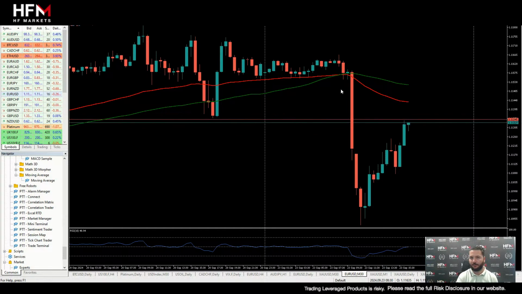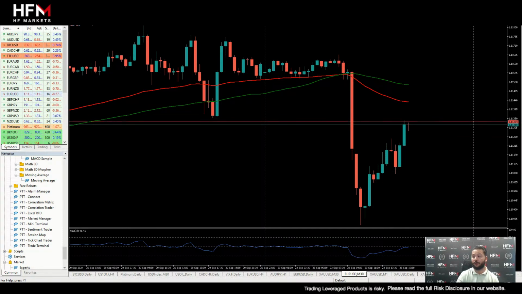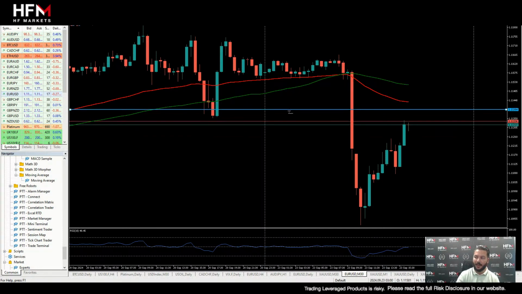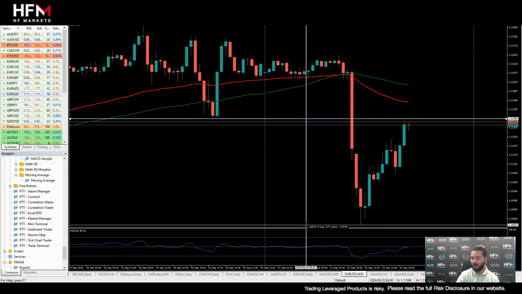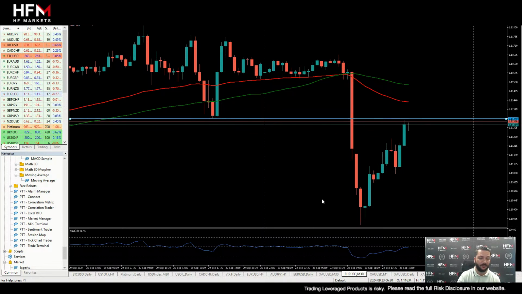It was more than enough price movement for short-term traders, and also everybody should have known that the price was going to retrace upwards. Now, why is that? If you look at the previous low, ladies and gentlemen, the previous low was here. So the price, if you look here, declined almost 0.5% below the previous low. So that's the first indication, of course, that it was going to retrace back upwards.